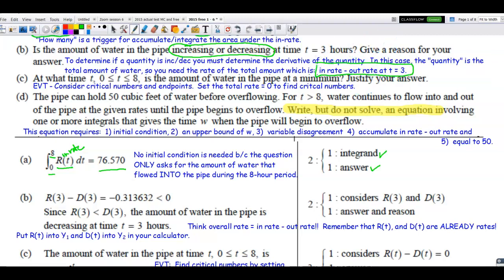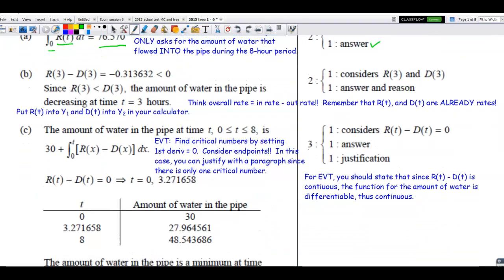Well, remember they gave me the in rate and the out rate, and it is likely that you have r in y number 1, maybe not, and d in y number 2, but I think in this case, since the functions are fairly big, or at least more to type in, I probably would put them in y1 and y2. Then I'd go to the home screen and tell the calculator to evaluate y1 at 3, y2 at 3, subtract, and we would get a negative output, telling us that the quantity, in this case the amount of water, is decreasing. So we get 1 point for using r of 3 and d of 3,